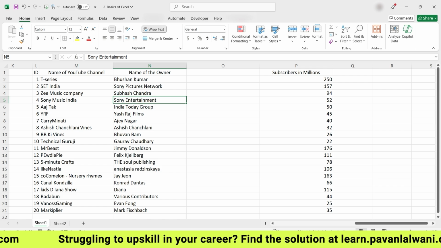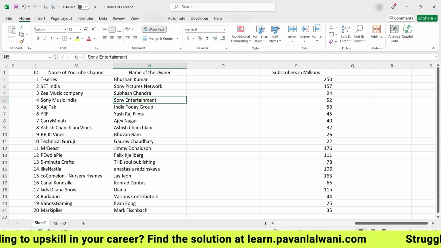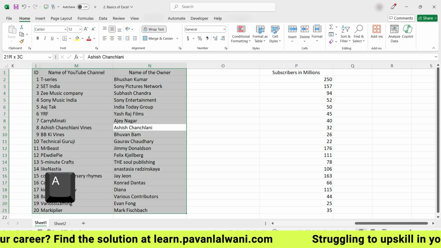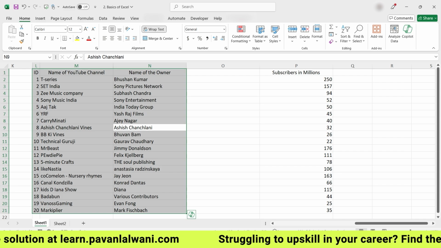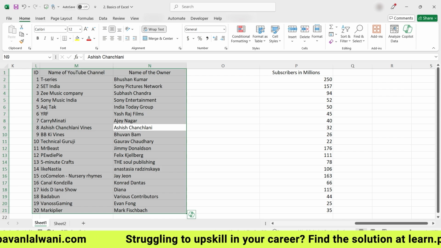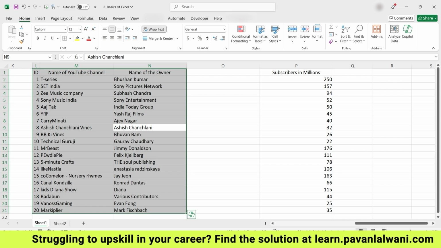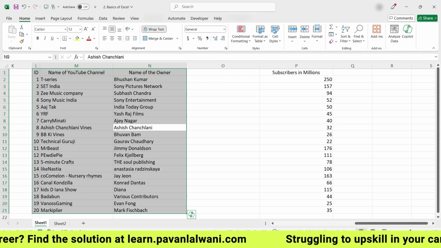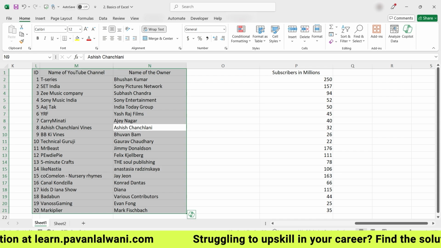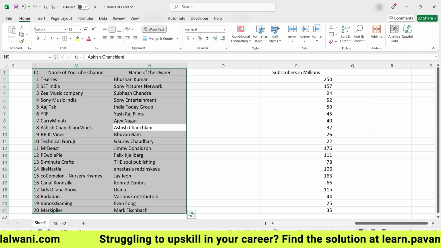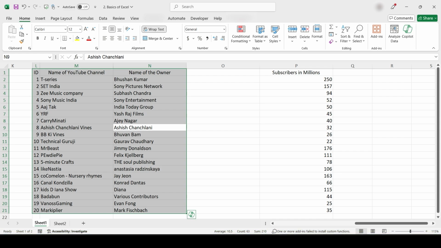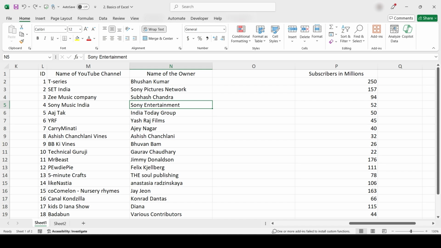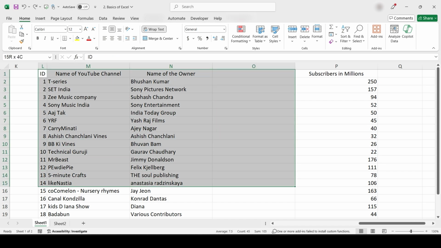So when I keep my cursor here and press Ctrl A, only the continuous data is selected. There is a discontinuity, a blank column, because of which the other data is not selected. So remember, if the data is in a continuous format, no blank column, no blank record, then Ctrl A is the best option. Otherwise, the other method would be to manually select the data using your mouse